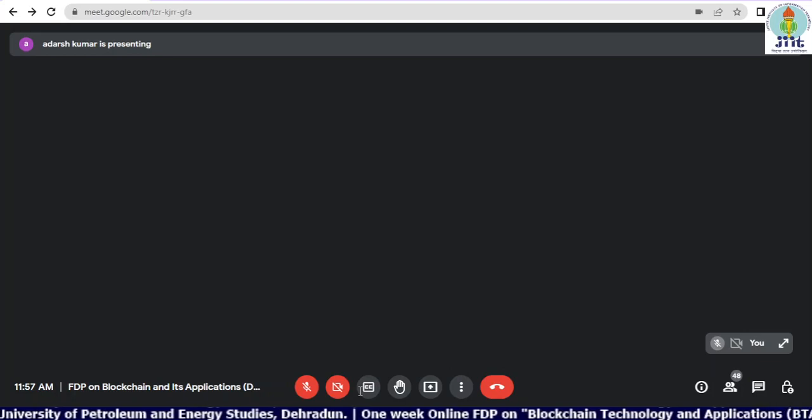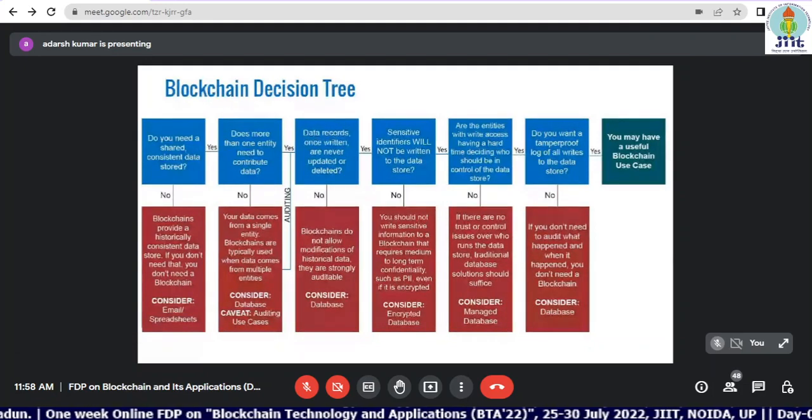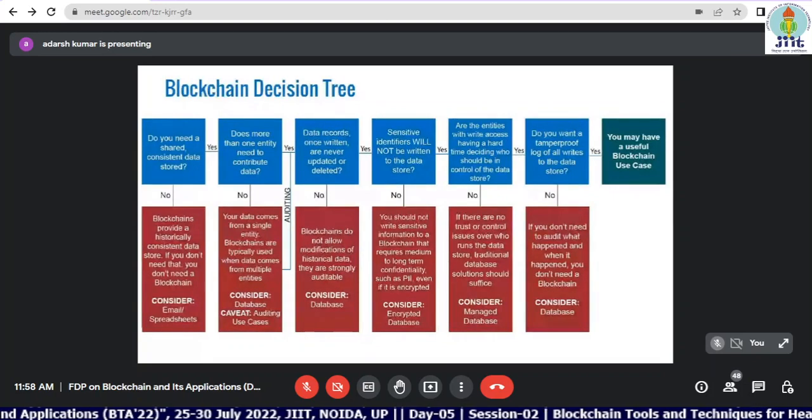So what can blockchain technology give you? Blockchain technology will give you storage of the data from when it was created. You can store the data and it can be retrieved by the authenticated party based on the consensus, including the doctors, and they will easily be able to prescribe you the medicines or give you the treatment, whatever you need. So the first step is clear: we need consistency of the patient data in the healthcare sector.